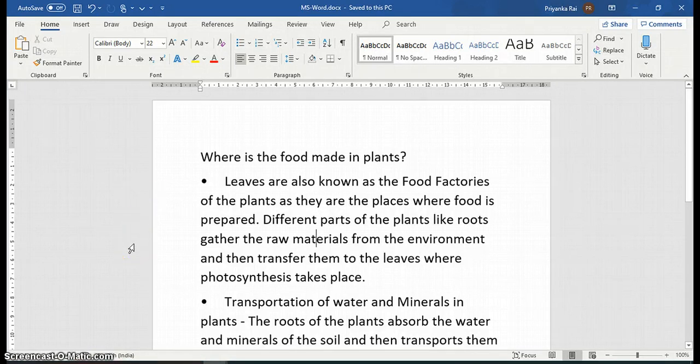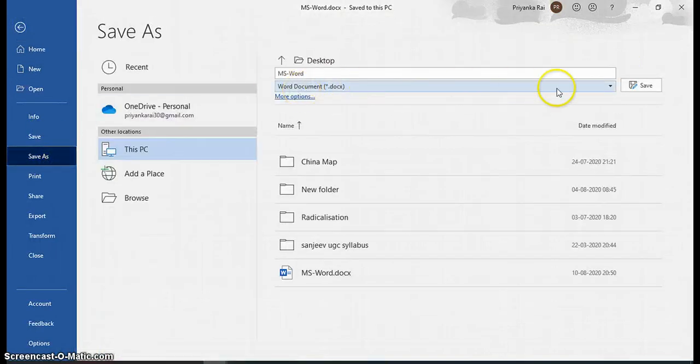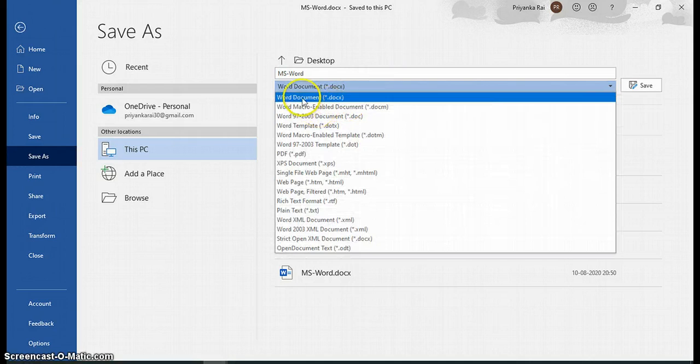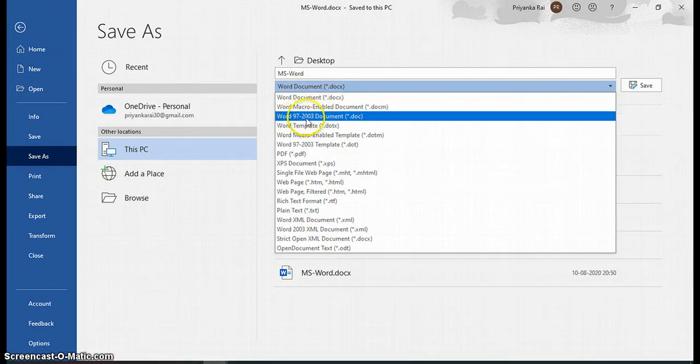Now saving a document in different formats. There are different options. Whenever you save a document, it asks which format do you want here. Like you can save it in Microsoft Docx, Word 97 to 2003 document. You can choose this option because in few of the systems, the older versions of MS Office is there.